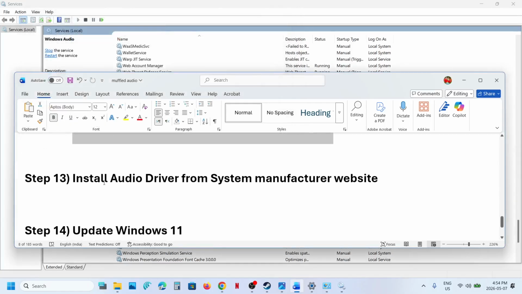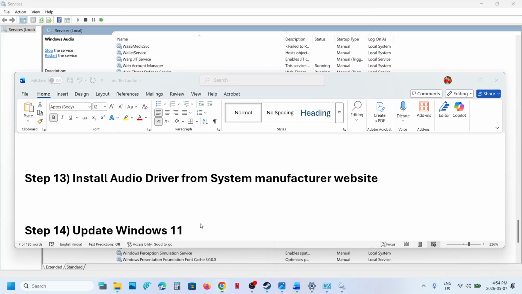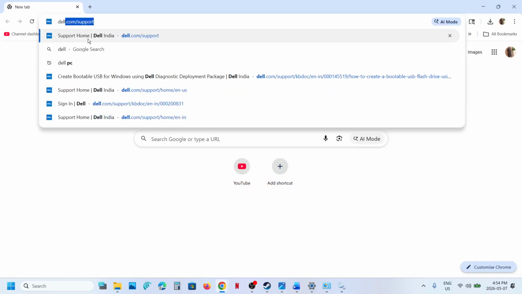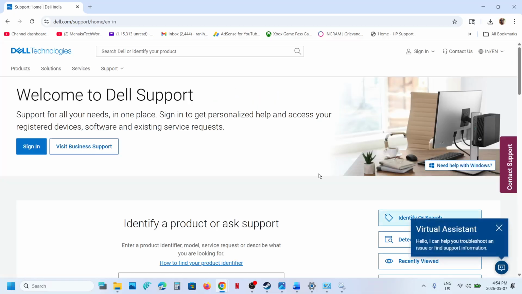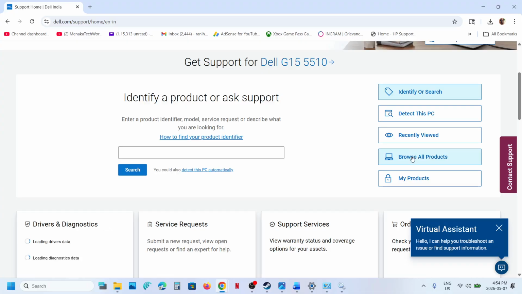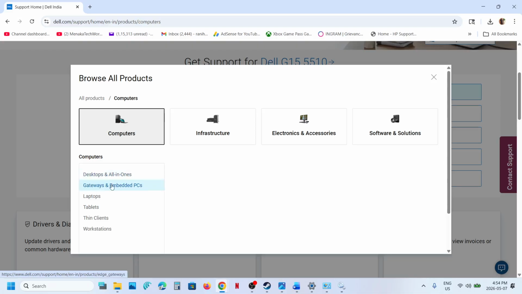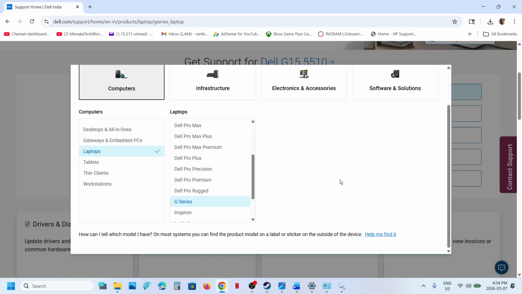The next step is to install the audio driver from the system manufacturer website. If you have a Dell computer, go to the Dell website. If you have Lenovo, go to Lenovo. If you have HP, go to the HP website. Whichever brand you have, go to your system manufacturer website. This is just an example I'm showing for a Dell system. Select your model number, and make sure that you select your computer. This is just an example. Once you select your computer,